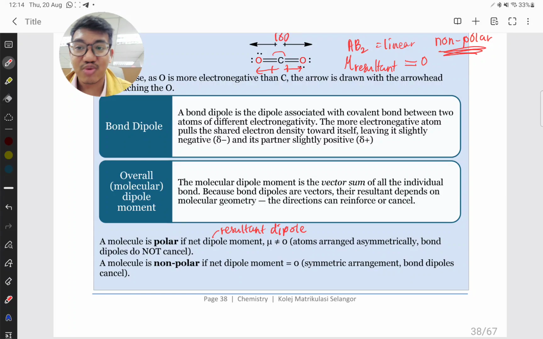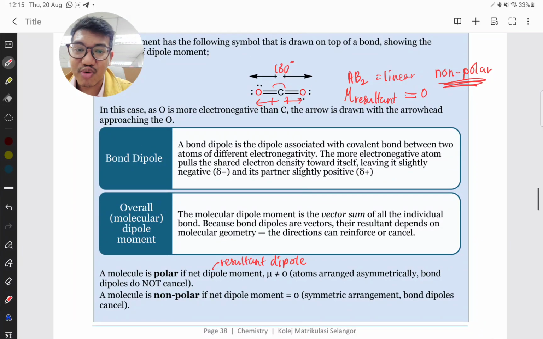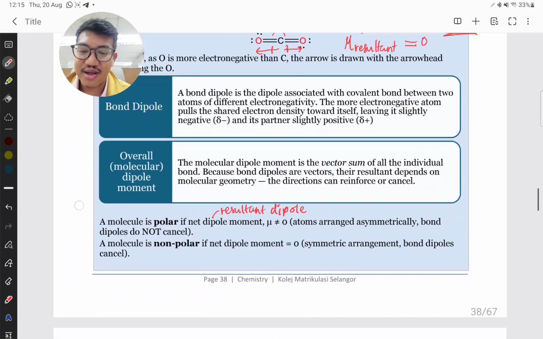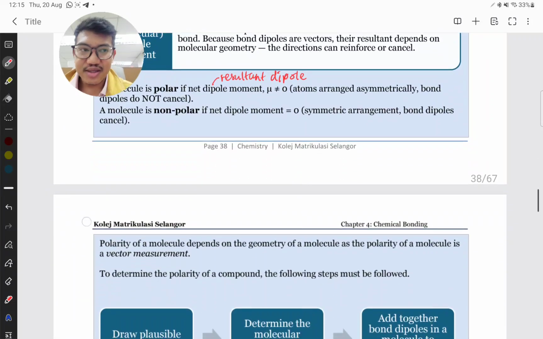it can be quite an interesting situation. Okay, a molecule is non-polar if its resultant dipole is equal to 0, like this one. So CO2 is non-polar, H2O is polar. Okay, so